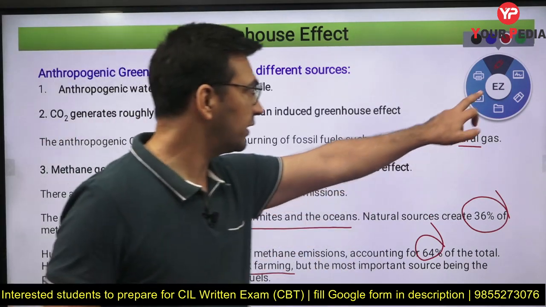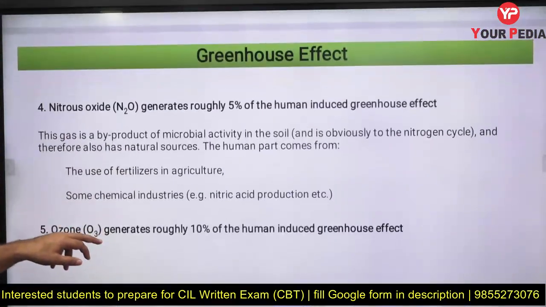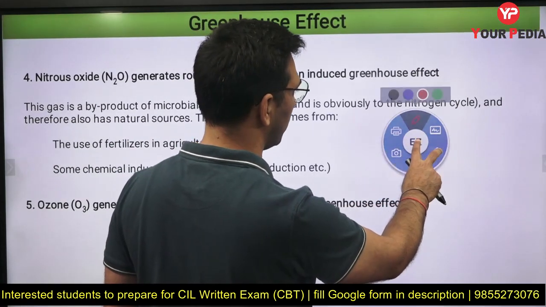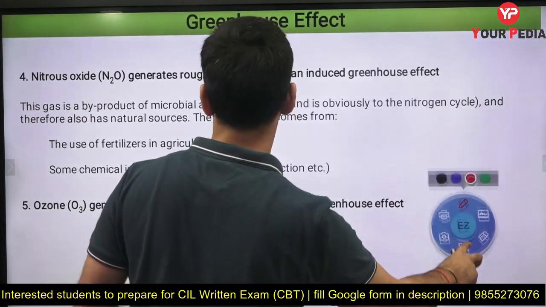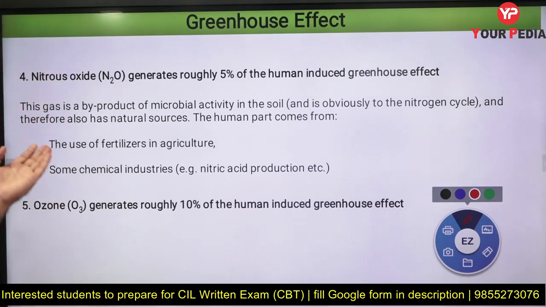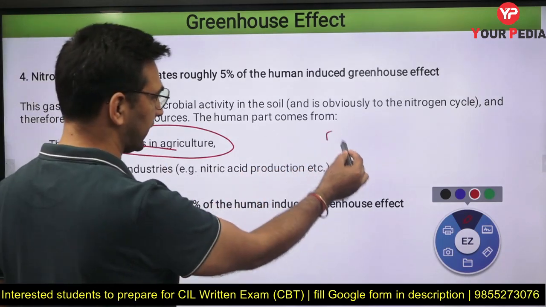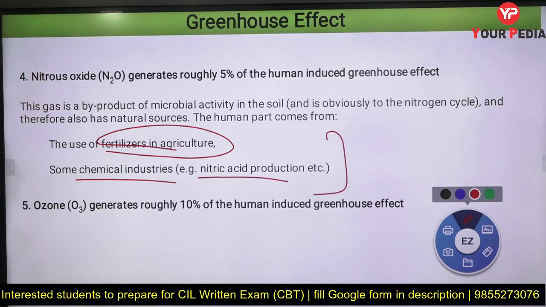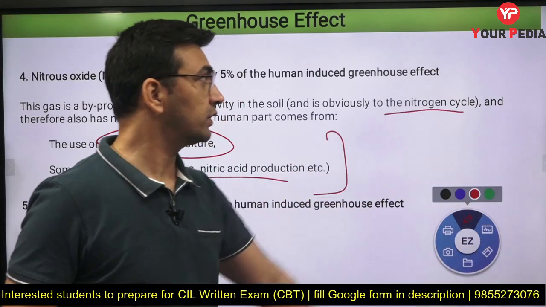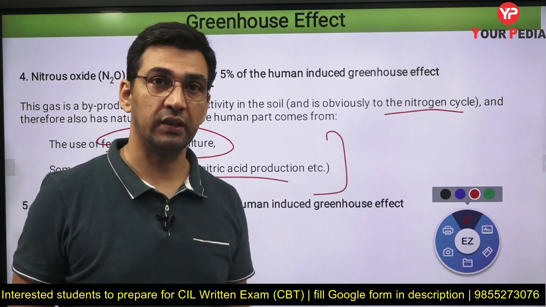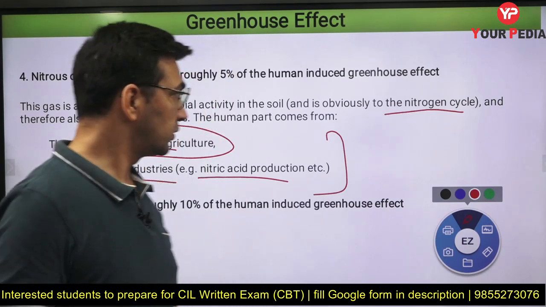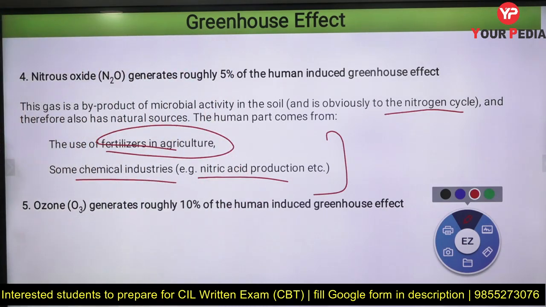So you need to have a little idea of which areas methane is produced in. Now another gas is nitrous oxide, which is also a very potent greenhouse gas. Roughly, the sources of nitrous oxide resemble those of methane. For example, fertilizer use, that means agriculture activity, and the chemical industry, where you produce nitric oxide also. That also contributes. Another area is the nitrogen cycle, because when you use fertilizers having nitrogen content, nitrous oxide is released from there also.